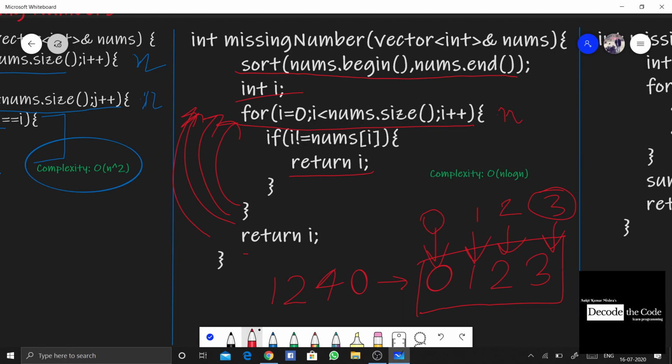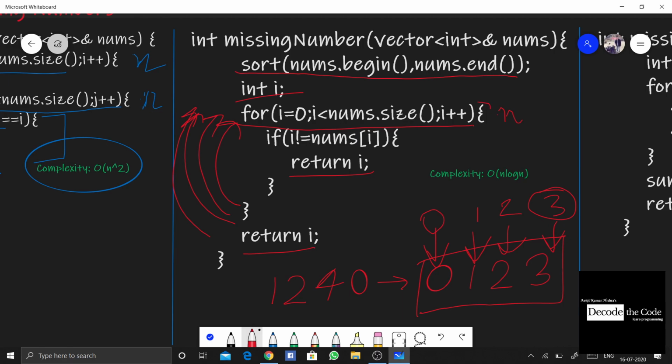So what will be returned when we come out of this loop? That is i. Hence i will become 4 and come out of the loop, and 4 will be returned. So we are using all the cases over here. Even if the last element is not present in the array, even that will be returned. So what will be the complexity of this problem?